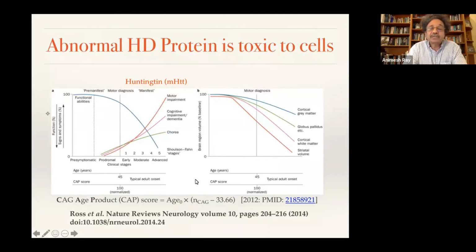And typically, the normalized CAP score is 100, and that corresponds to about age 45, by which a typical adult who has at least one copy of this mutant form of the gene shows the phenotype of the